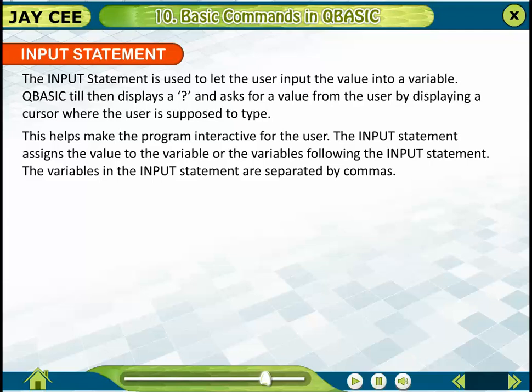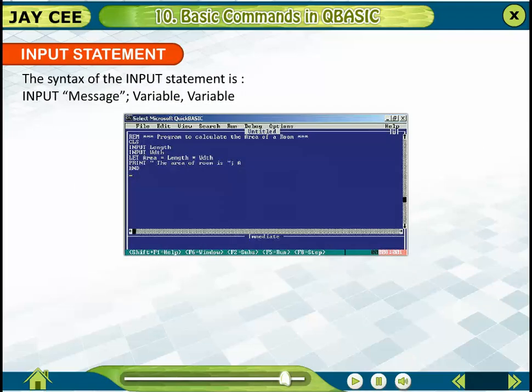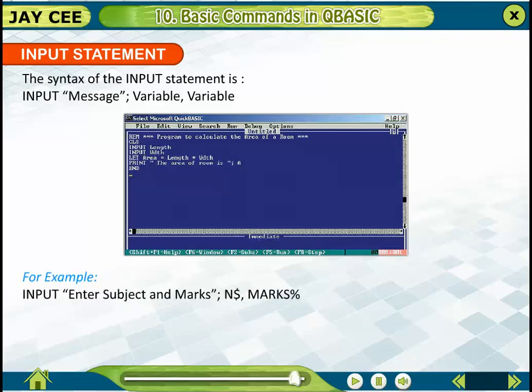The INPUT statement assigns the value to the variable or variables following the INPUT statement. The variables in the INPUT statement are separated by commas. The syntax of the INPUT statement is INPUT message; variable, variable. For example,